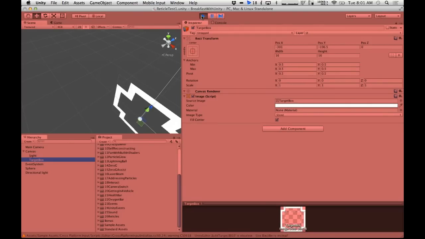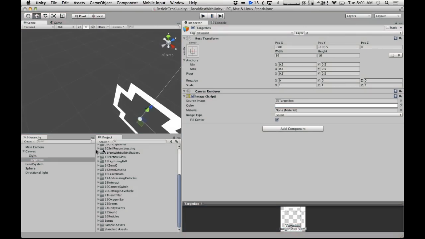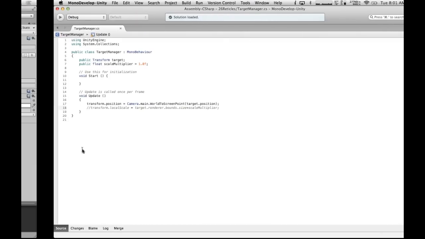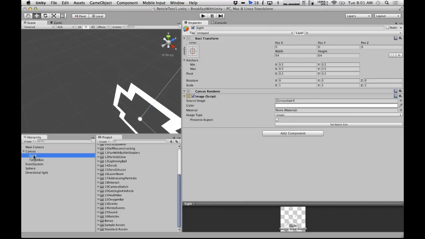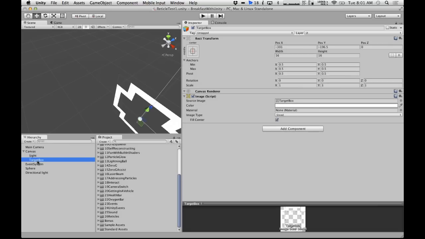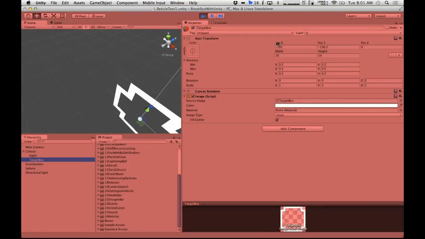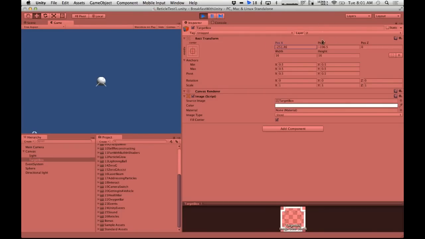So what should happen... why is that going to the corner now? Oh, that's because we don't have that script on here, do we? Yeah. So let's put the script. Actually, let's just leave it in the corner for right now. I just want to show this real quick. So the bug in question is